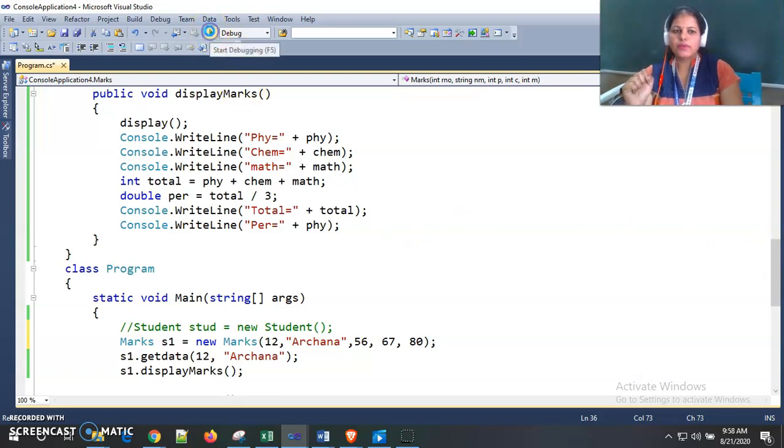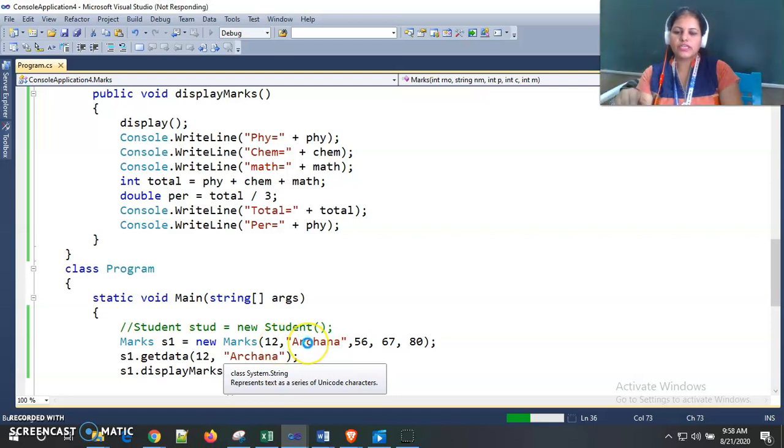Now if I run this program, we see what the output is. Same values I am using here. By using the constructor, 12 is the roll number and Archana is the name, and also by using getdata I am giving the same values.